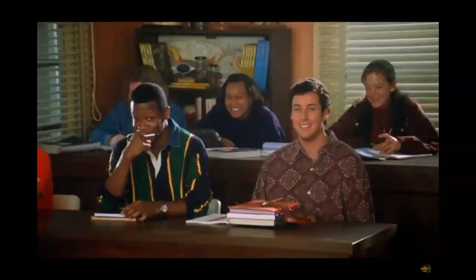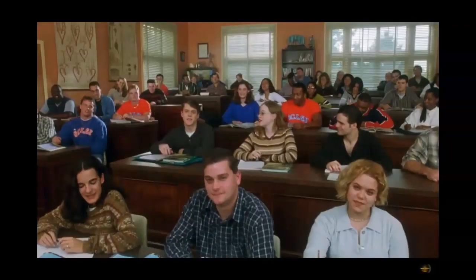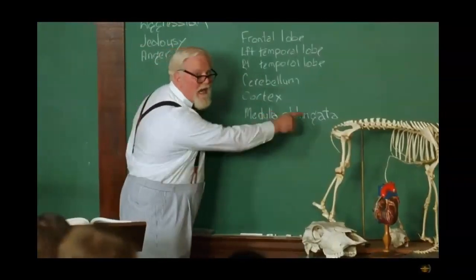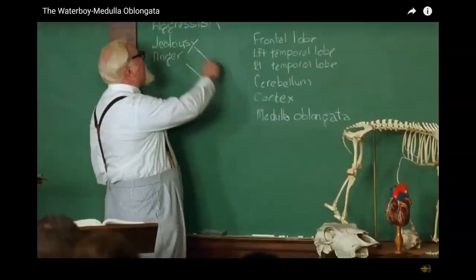Wow. Anybody else? Yes, you, sir? Alligators are aggressive because of an enlarged medulla oblongata. It's the sector of the brain which controls aggressive behavior. That is correct. The medulla oblongata. But Mama said... The medulla oblongata is where anger, jealousy,